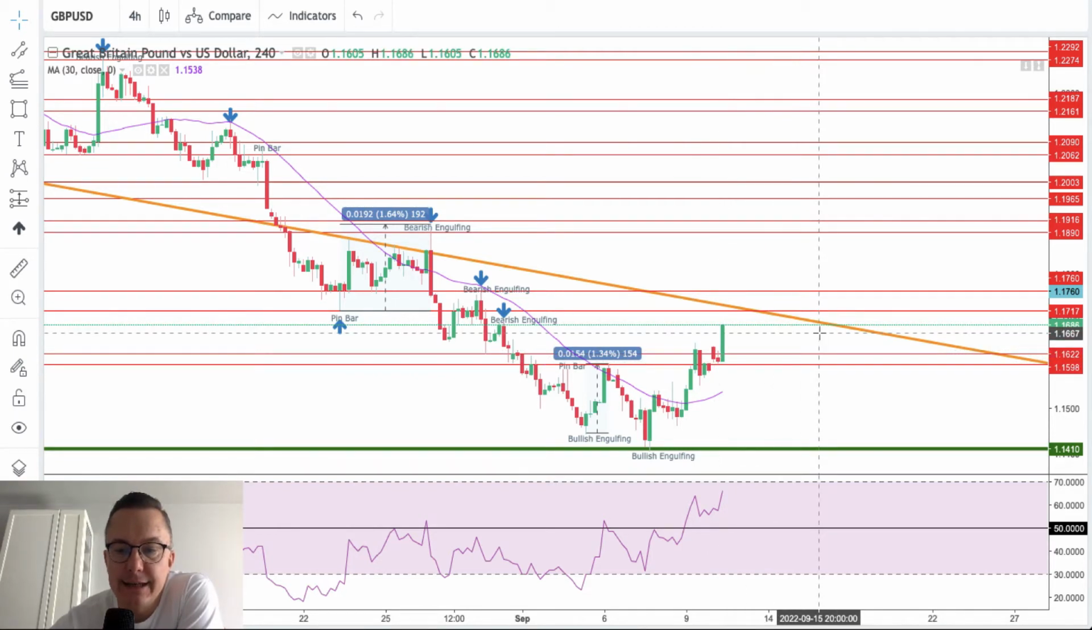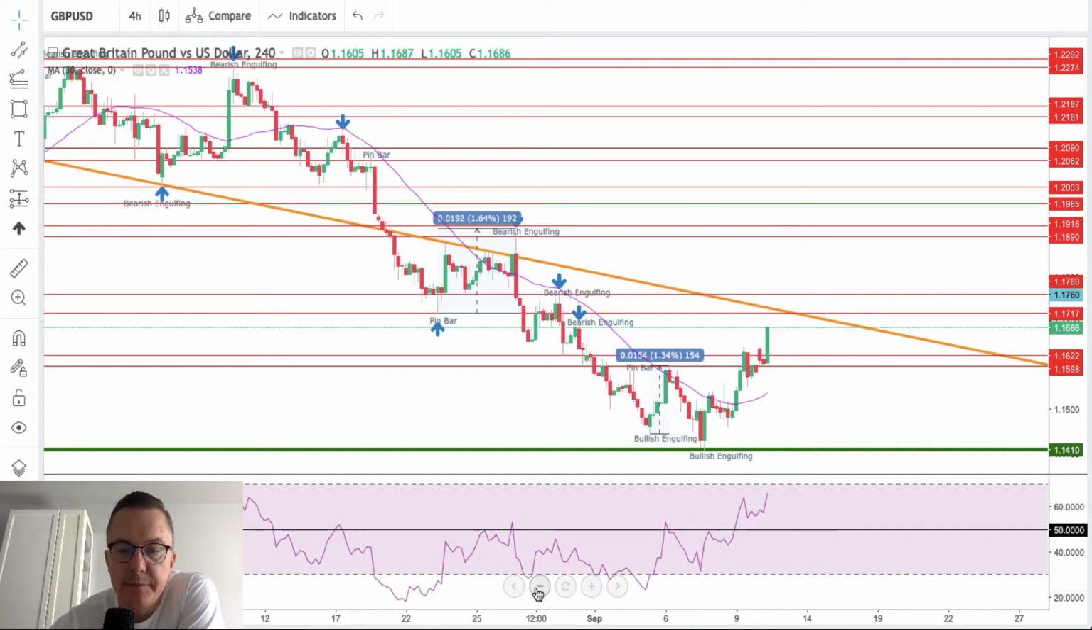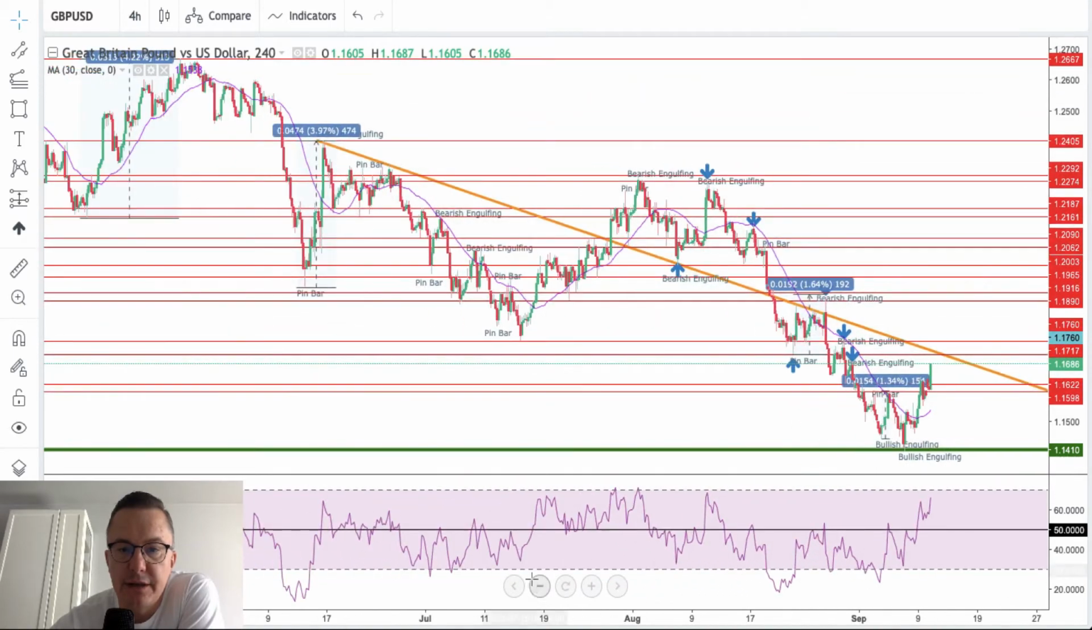Where is the next target? The next target is 1.1717, 1.1760. This is the zone, the next supply zone for the British pound. It might be hit today without any problems. It's just below the trend line here. As you can see, this trend line is made from this